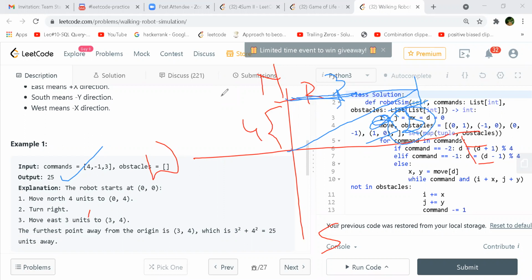We know that initially if nothing is there, we don't have any -1 and -2 coming in, so you'll always increment your y coordinate, correct? Because it's facing north. When you get -1, then you will start incrementing only your x coordinate. Correct. So if you get another -1, then you are going to change your y coordinate again, but this time you are going to decrement your y coordinate. And then again you have one -1. At that time you are actually going towards the west, and therefore you are going to decrement your x coordinate.